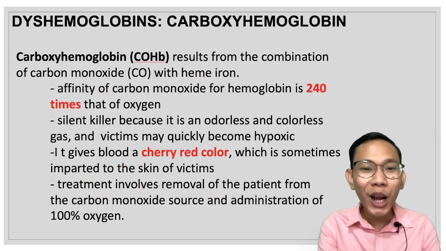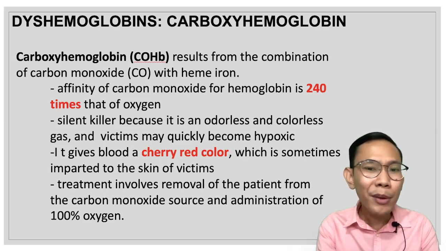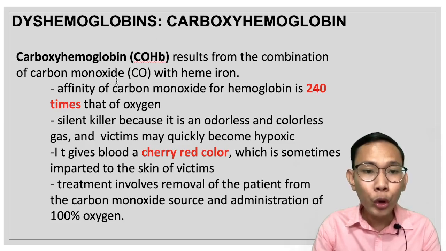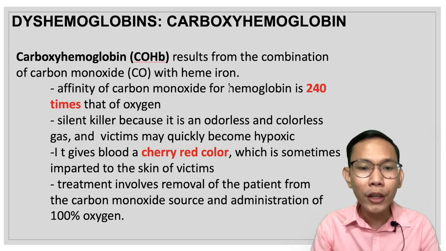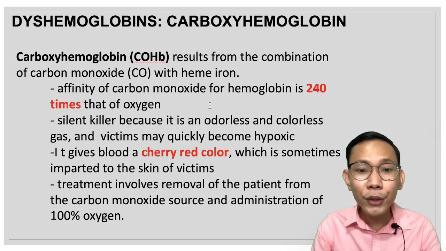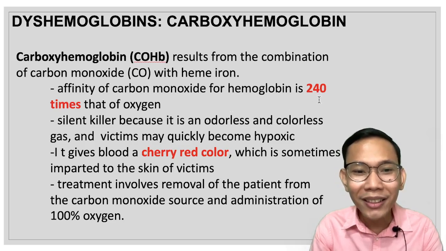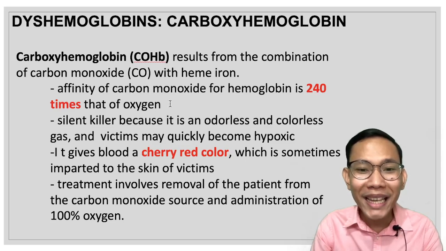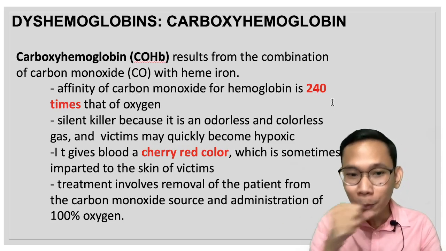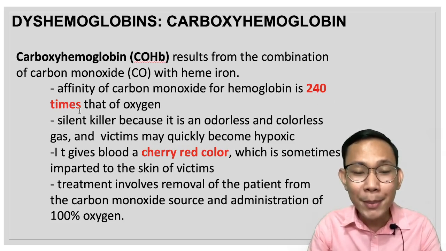Lastly, we have your carboxyhemoglobin. So carboxyhemoglobin results from the combination of your carbon monoxide. Kaya nga tinatawag natin na carboxy, kasi nga from your carbon monoxide with your heme iron. So remember guys, the affinity of your carbon monoxide for hemoglobin is 240 times that of your oxygen. Imagine that. Madi-display si oxygen because si carbon, mas pipiliin niya si carbon monoxide kasi nga 240 times affinity than